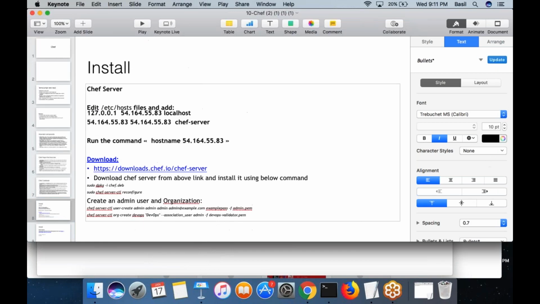Installing Chef would include, first, installing the Chef server with this particular command, dpkg -i, then the file name that you have downloaded. Then after that you run this command, chef-server-ctl reconfigure. Before you run this reconfigure command, what you also did is you changed the host name of your machine and made it the IP address of the machine.